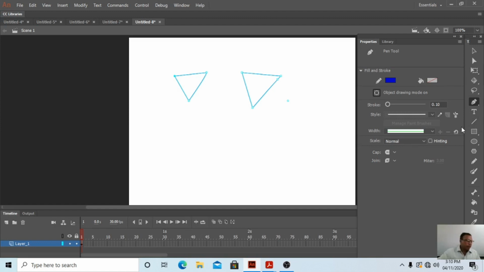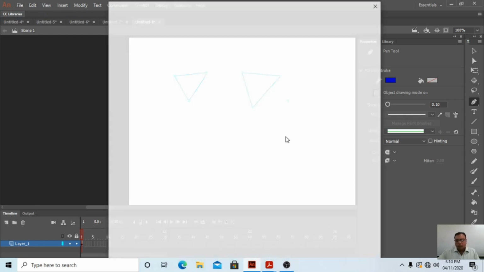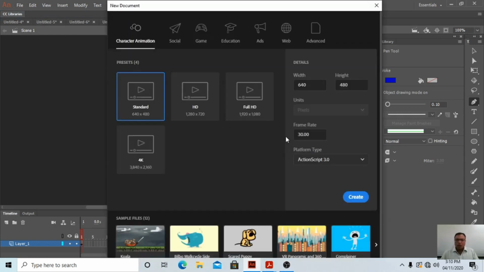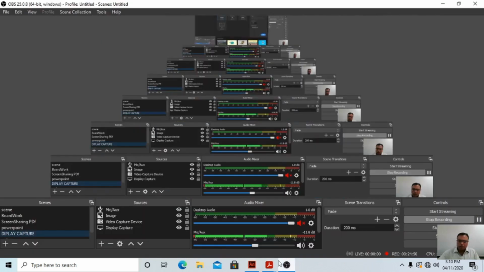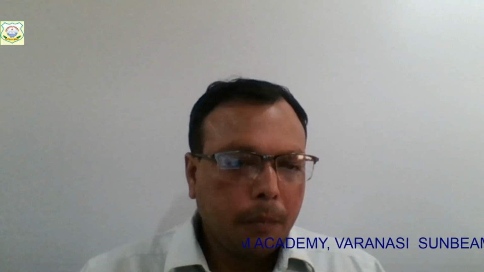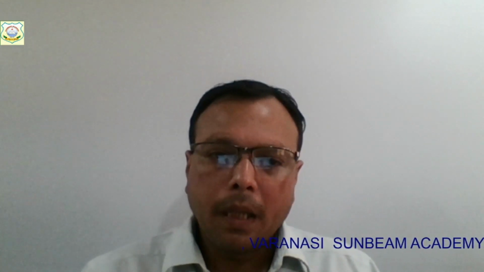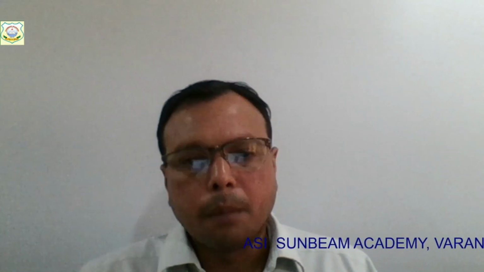The next one is the pencil tool. In the pencil tool we will take the new options. I am only telling you the applications of this one. After you have understood all the applications, then we will go on. Whatever we are telling, this is the pencil tool, pen tool, brush tool, line tool, polystar tool. First we understand its application. After that we will combine it. Then we will tell what the process and function is in the combined form.